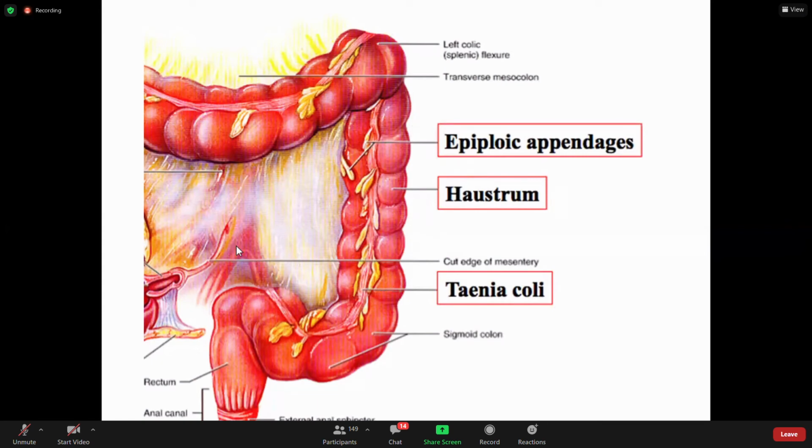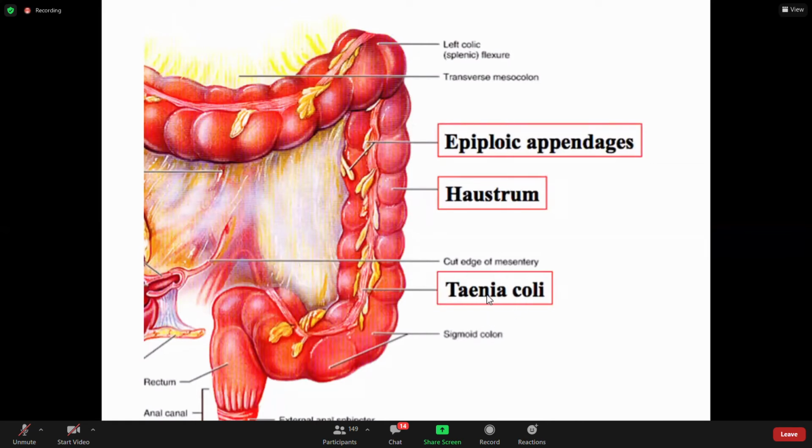So that is again a feature, but that is only a theoretical feature because you will not be able to describe these features in a small specimen, right? So the difference is there, of course. Then if you look at the wall microscopically, in the small intestine you have the villi, but in the large intestine there will be no villi, right? Already I mentioned at the beginning. Then in the small intestine you might have the Peyer's patches, which are of course more in the ileal area, but there will be no Peyer's patches in the large intestine.